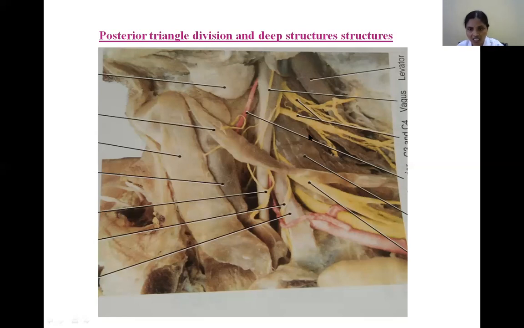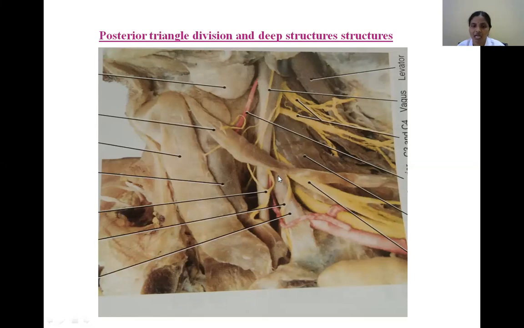Now, the floor muscles you can identify here, from above downwards. This is the levator scapulae, then scalenus posterior muscle, then scalenus medius muscle, then scalenus anterior. Actually, after reflecting the sternocleidomastoid, we can appreciate this scalenus anterior; otherwise it is not appreciated in the posterior triangle. So that indicates it is not at all a floor muscle of the posterior triangle. It is a boundary muscle. Okay. So that's why, lateral to the scalenus anterior, the structures are present in the posterior triangle. On the surface of the scalenus anterior, an important structure.